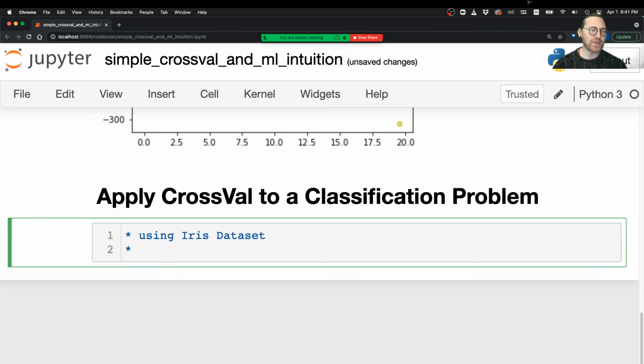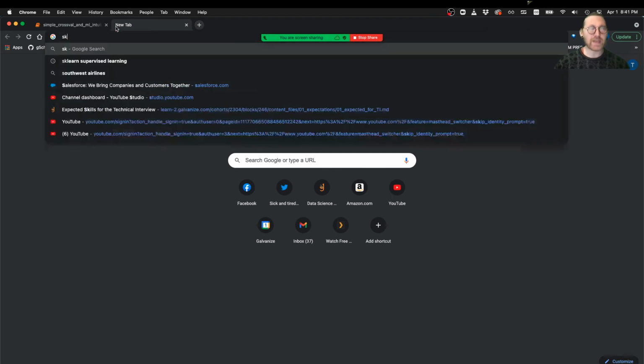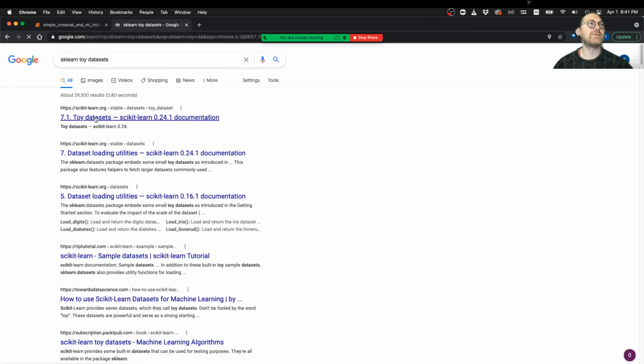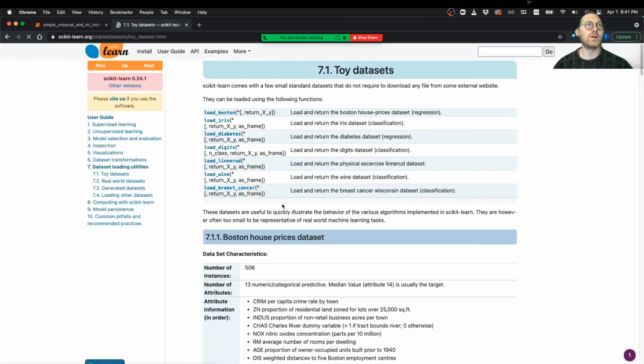It's a toy data set. There's a bunch of these. We can just Google sklearn toy datasets, and here are the various toy datasets. So we've got the Boston house prices dataset. Everybody knows that one. We know the Iris dataset, diabetes dataset, the digits dataset, which is literally sometimes called